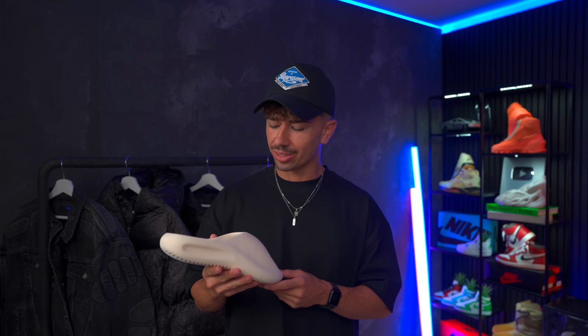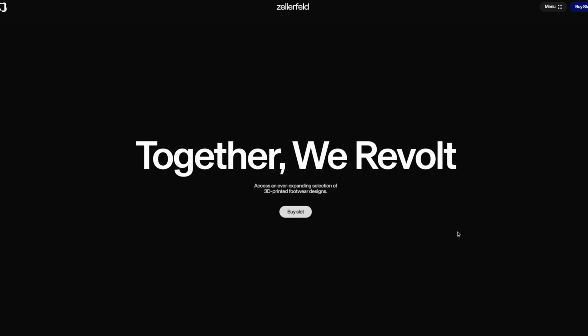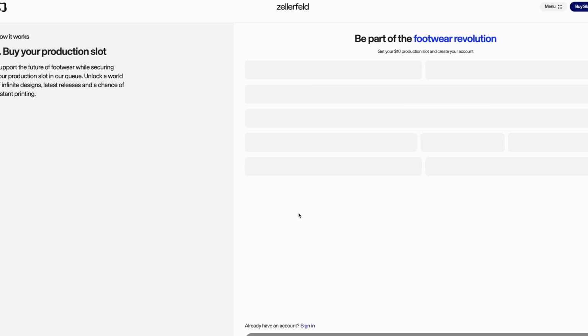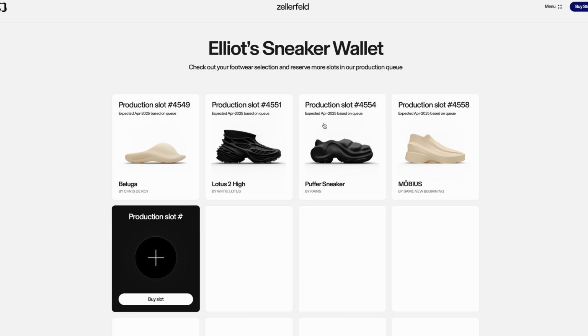Now, the next con is just ordering a pair. So how it works with Zellerfeld is that you actually buy a production slot for $10. Now, this has its pros and its cons. Your $10 production slot basically holds your place in line. For example, I actually bought a couple different production slots just to test it out and show you guys, and